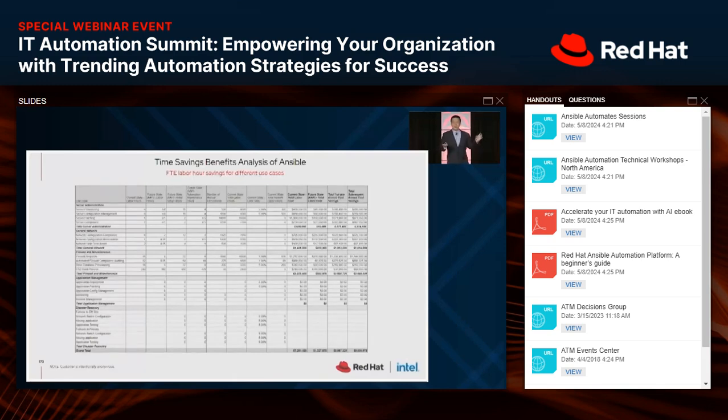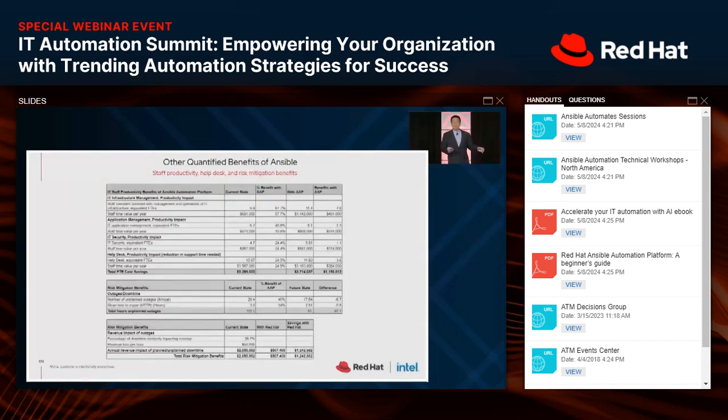Often the business case for automation starts with the FTE labor costs because that's the most obvious point of benefit. The previous presentation went into the automation analytics, which actually does that in an automated fashion. But what if you don't have Ansible? What if this is a new footprint of Ansible? Then how do you estimate your future savings? This is the approach you would take for just the manual hours saved. But there are other aspects of Ansible benefits.